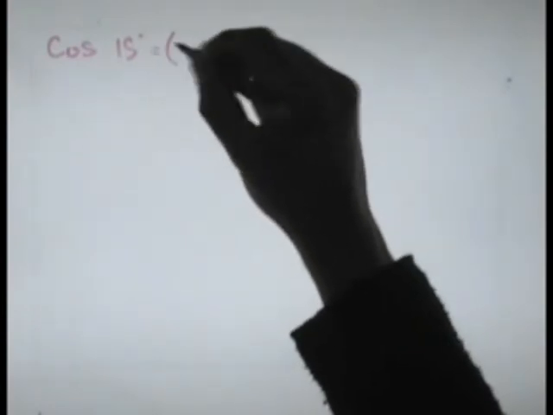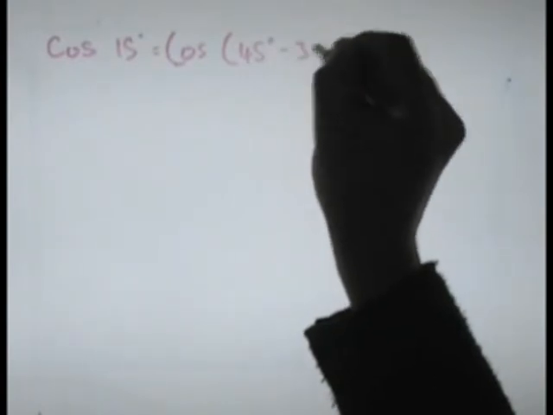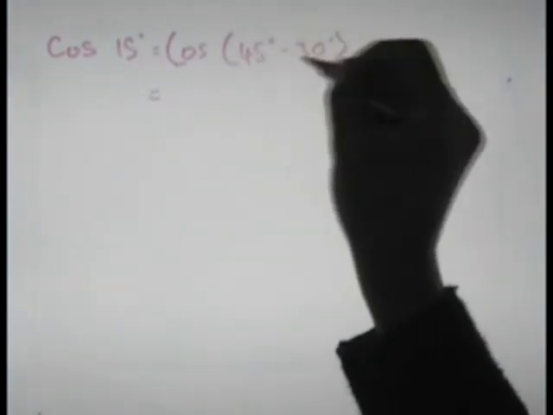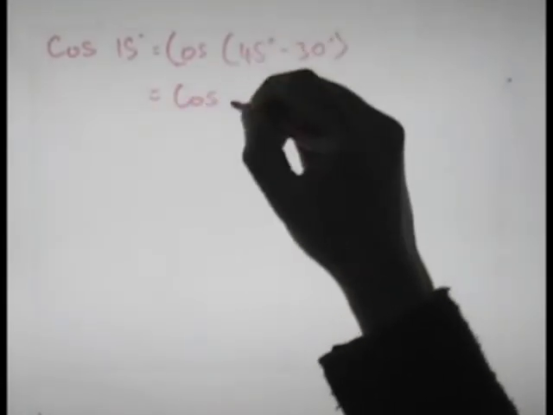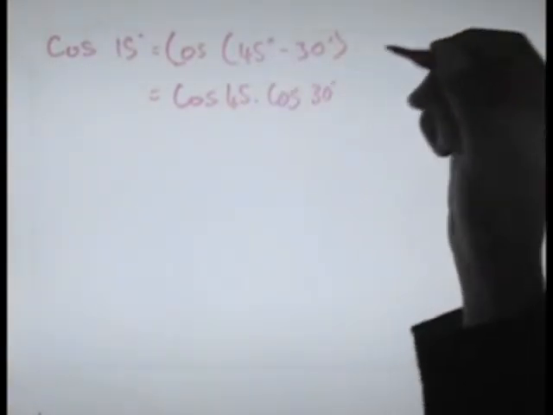The last one I'm going to look at is cos of 15 degrees. Cos of 15 is equal to cos of 45 degrees minus 30 degrees, which is equal to, now cos A minus B is equal to cos A times cos B